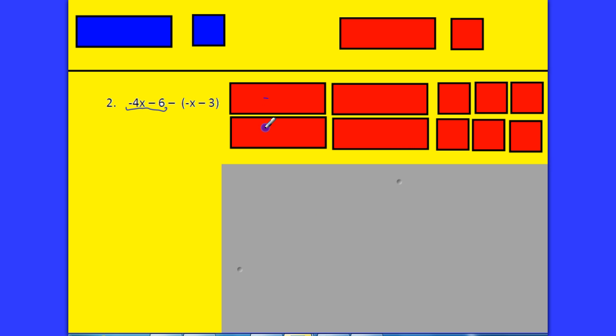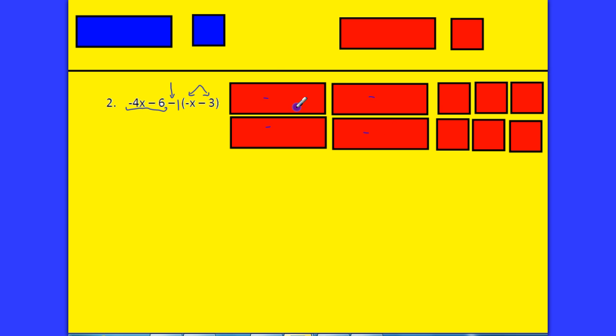All right, you got negative 1, negative 2, negative 3, negative 4x, and then negative 6 right there. So it says we're going to take away negative x minus 3. Okay, negative x minus 3, but since there is a minus sign right there, and we're going to stick that 1 in front of it, that means we change the signs of the colors, because it looks like I should be putting down a red x right here, but since that's a negative, we're going to change that sign to